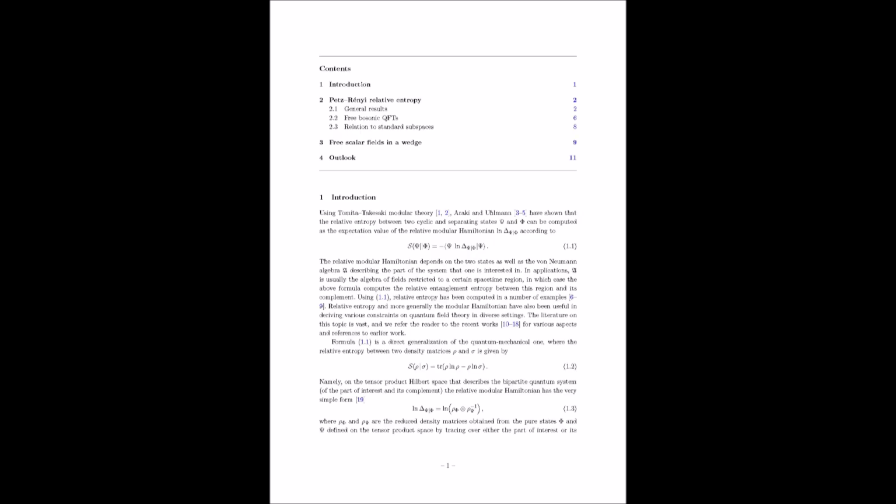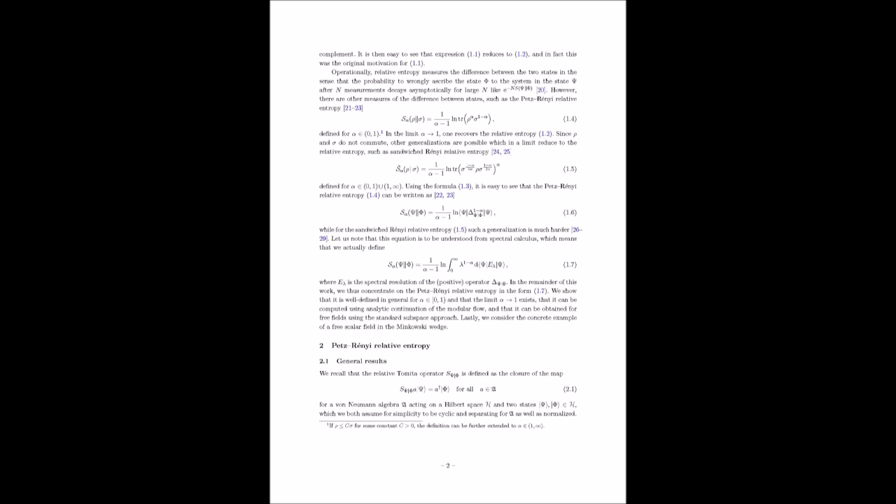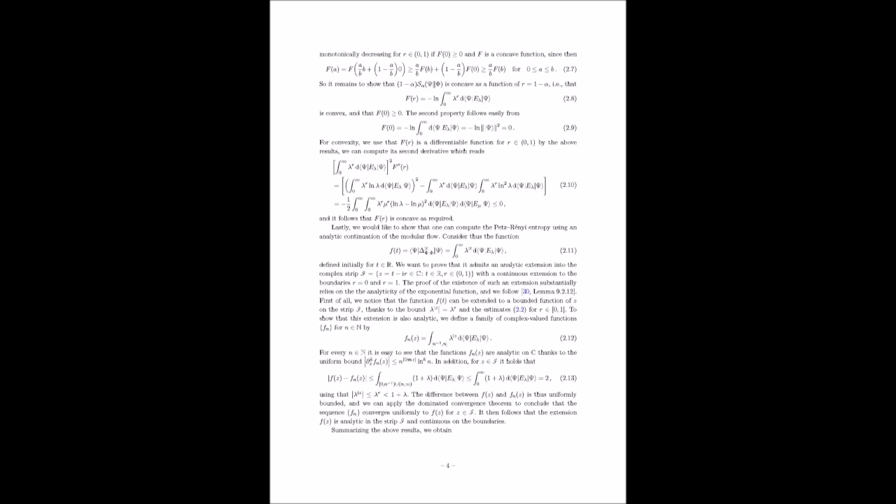Well, they start section 4 by summarizing their key accomplishments, highlighting that they've established positivity, monotonicity, and boundedness of Petz-Rényi relative entropy in the context of quantum field theory. Right, and they remind us that for unitary excitations of a common state, calculating this entropy can be significantly simplified by using the modular Hamiltonian of that common state.